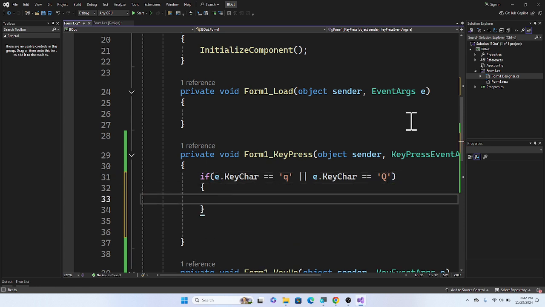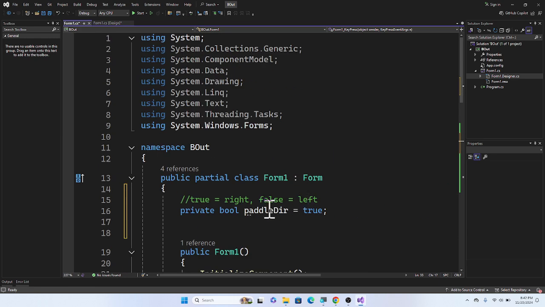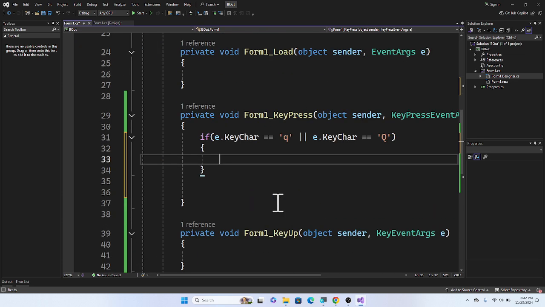If someone accidentally hits the caps lock, we should still be fine. All right, so if Q or if capital Q, we want to move to the left, which we said left was false. So I'm going to set paddle dir to be false. All right. We're going to do the same thing with E, but before I copy paste this, I'm going to